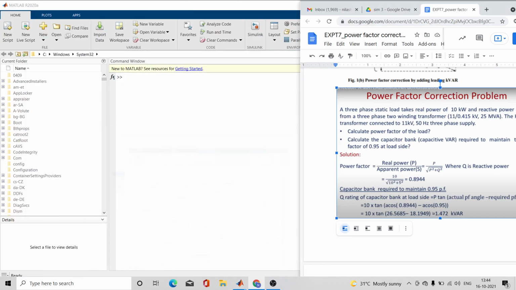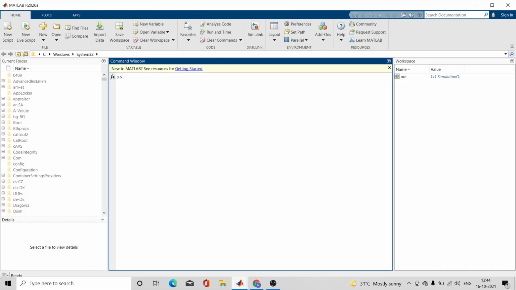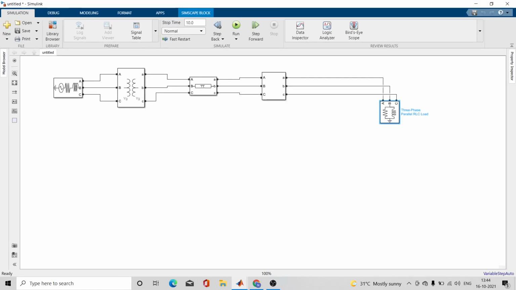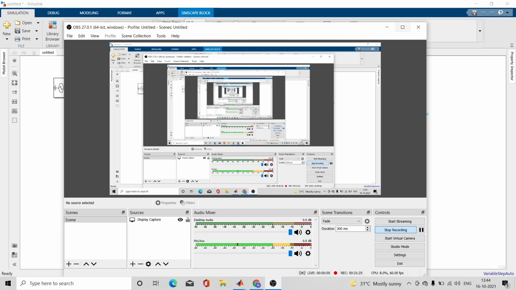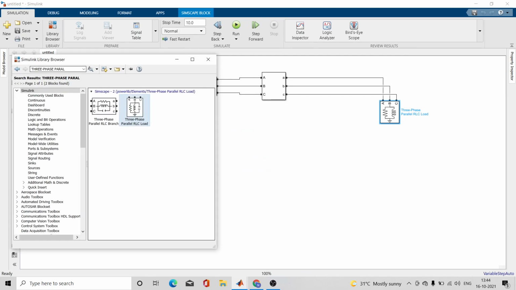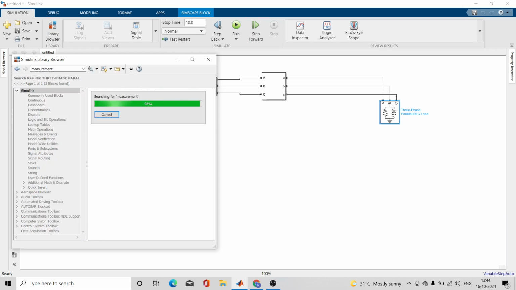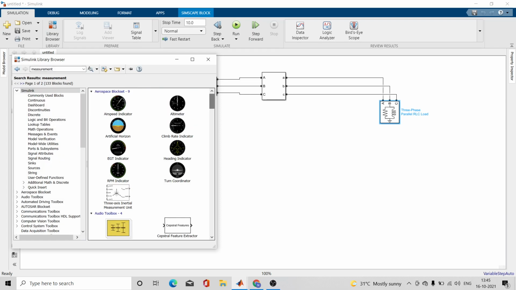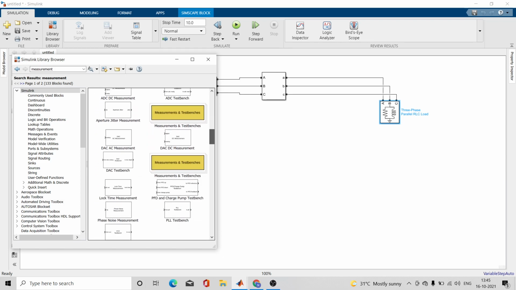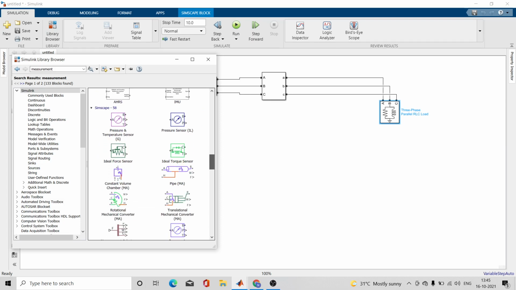So let us do this in our simulation, and then you will understand. First of all, you will find measurement, and from that measurement you will find the three phase power instantaneous block.